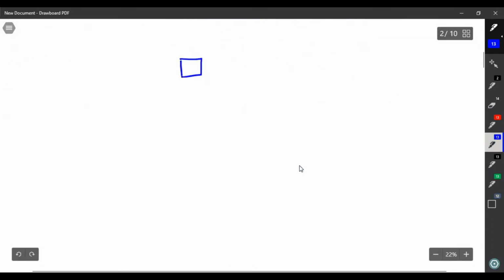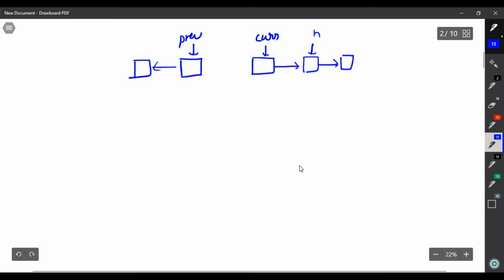So let's say this is my previous node, this is my current node, and this is my next node, and let's say there is one more node and then the end of the linked list. So the first step, we have to save this node.